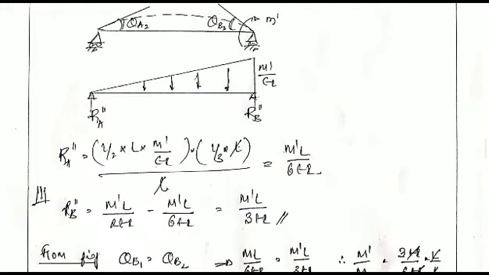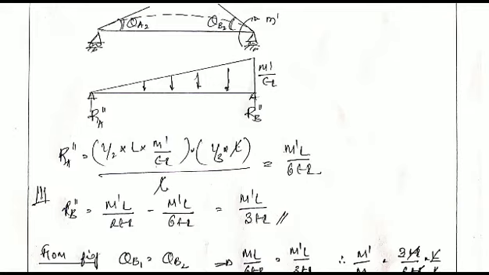So again using the equation of equilibrium, we know that the vertical forces RA dash and RB dash equal the downward load, that is the area of the triangle, half base times height. The base is L here, the height is M dash by EI. Substituting this value, we get the reaction at A equals area of the triangle into CG towards the B point divided by the total span between AB. So the area of the triangle is half base times height, that is half L into M dash by EI, into the CG towards B point, which will be 1/3 of the span of that member, that is 1/3 of L, divided by whole L. So L gets cancelled, left with M dash L by 6EI as the reaction at A point, that is nothing but the theta A2 value.